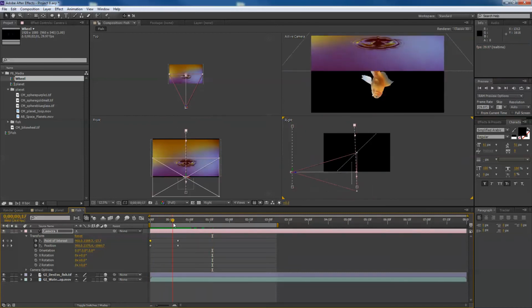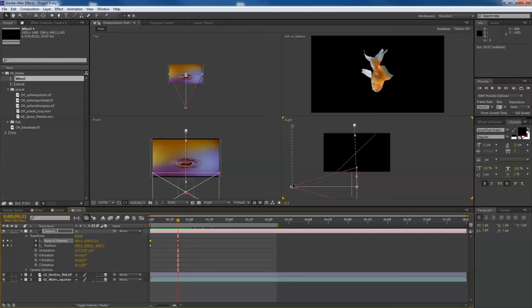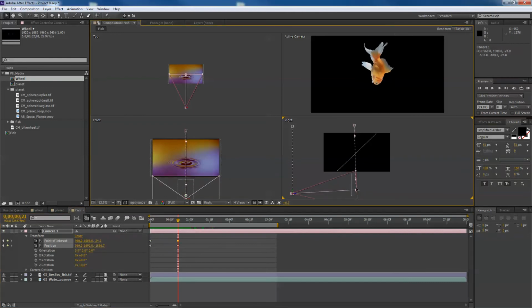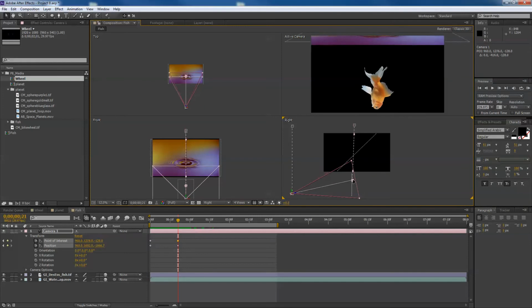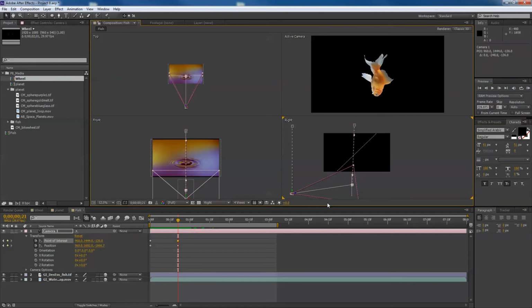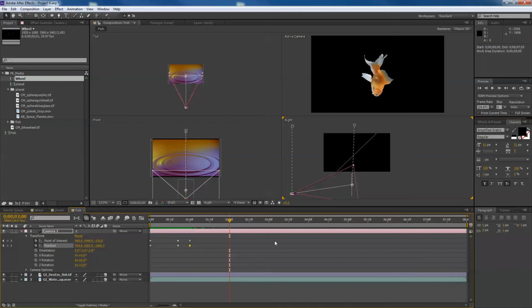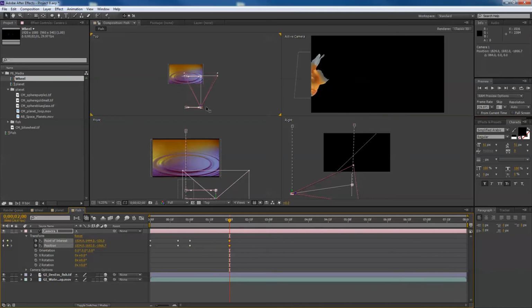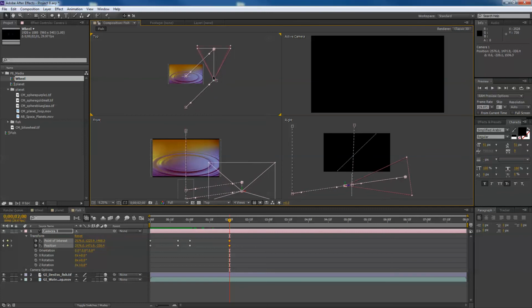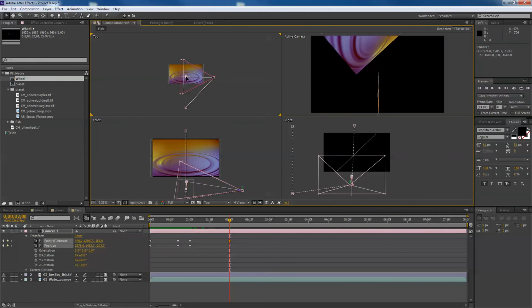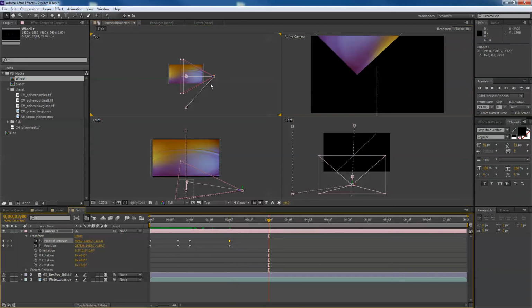So what else can we do with this thing? Perhaps what we want to do instead is bring the camera down a little lower, and we want to look up at the fish. So maybe we can see a bit of the water. That's something we can do. We can also travel the camera around the fish, much like we do with the globe, where we hold the camera to here, and then we'll have a couple of seconds where we twirl around. We'll do something like this, bring it over, have the point of interest looking at the fish. Something like this. 3 seconds, bring it back,